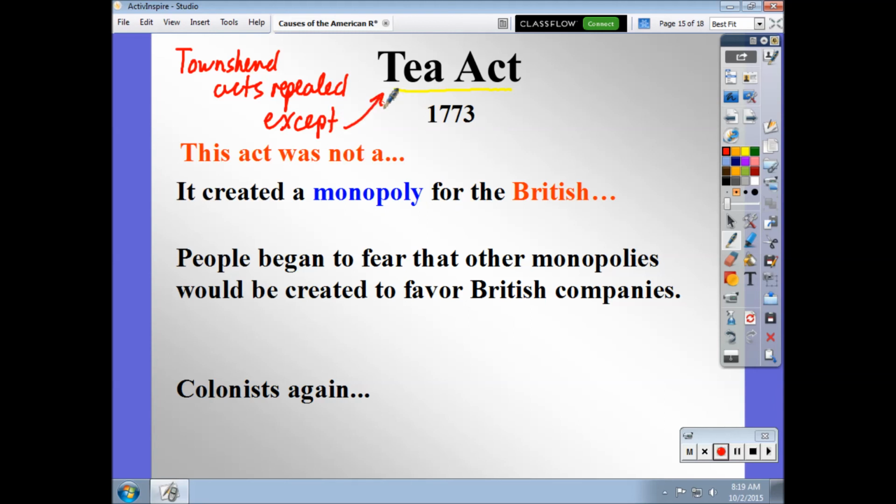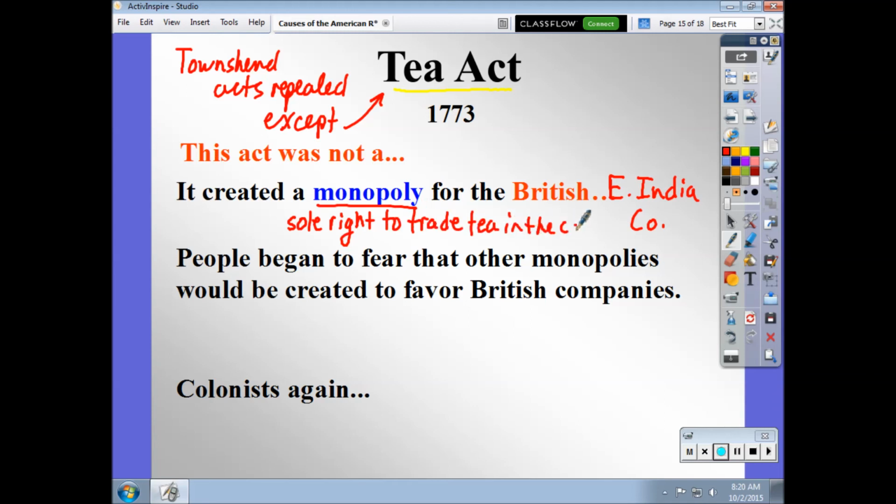So they got rid of all the taxes from the Townshend Acts, and they left the tax on tea very quietly. So we don't need to tax tea. It's already taxed. This particular act is not a tax on tea. Instead, what it does is it creates a monopoly. It gives to a British company called the British East India Company a monopoly. They have the sole right to trade tea